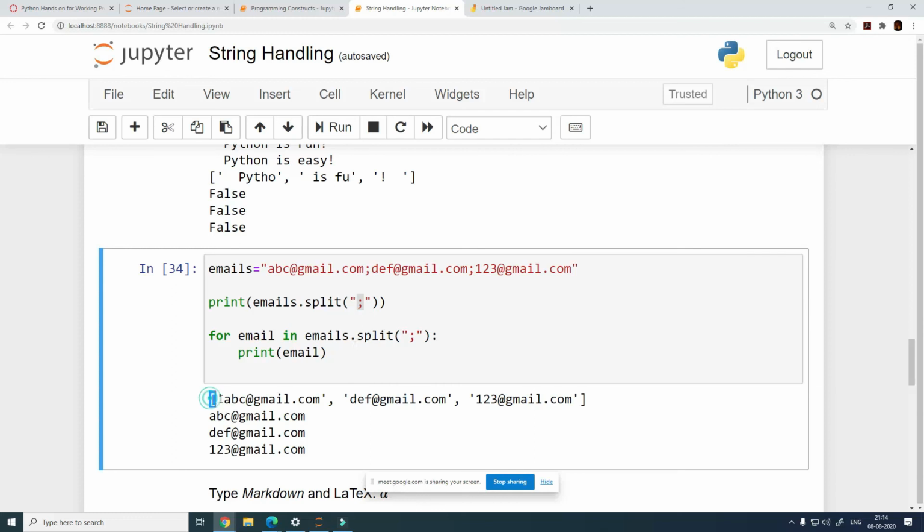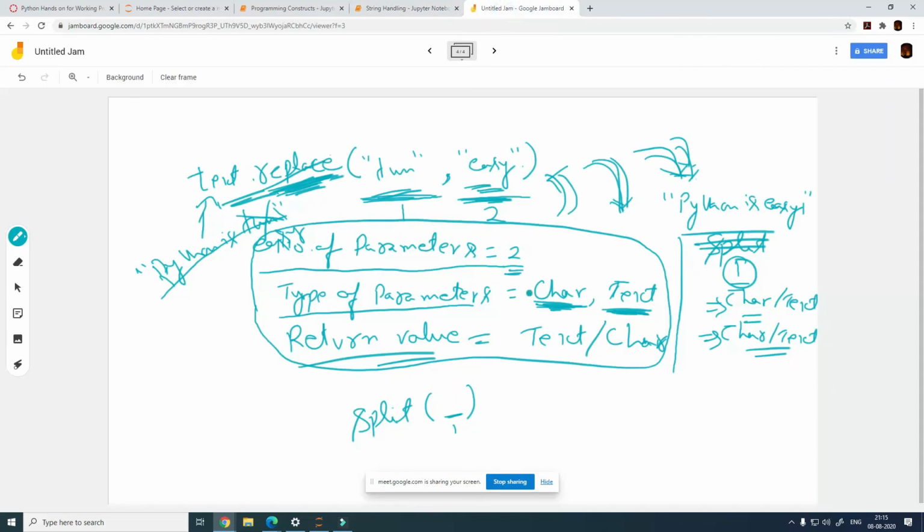Now you will need to call the split and feed the individual values of what the split function has returned. So you'll need to feed this value first, and then this value. And once you do that, this is going to get separated into ABC, gmail.com, DEF, gmail.com, 123, and gmail.com, because the second time you have specified the @ symbol as your split character. Make sense? Yeah.